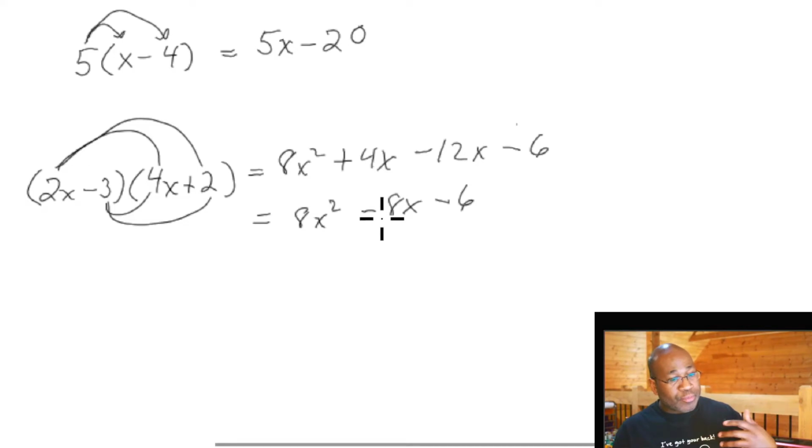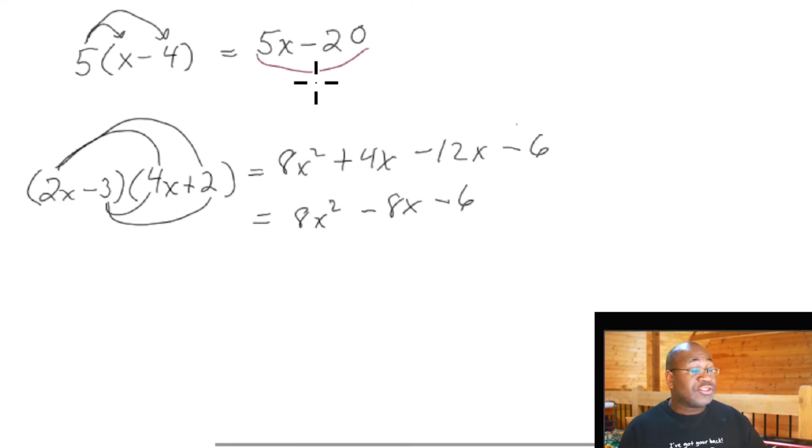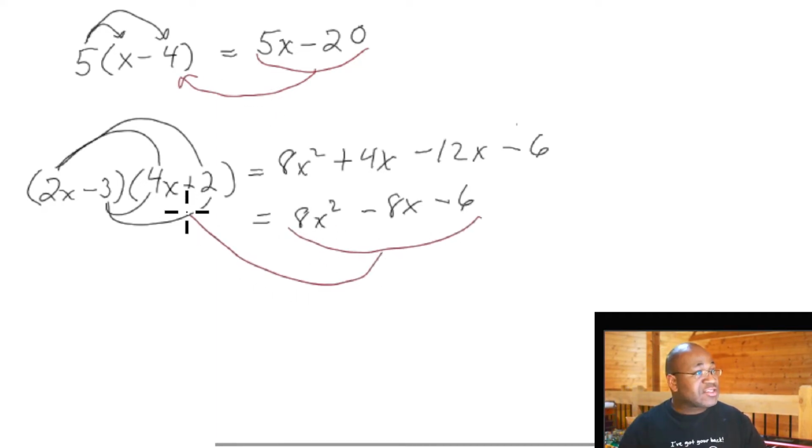So the process of factoring is really taking this multiplication and going in reverse. In other words, we're taking 5x minus 20 and working our way backwards, or taking 8x squared minus 8x minus 6 and working our way back to the original problem. All right, so now